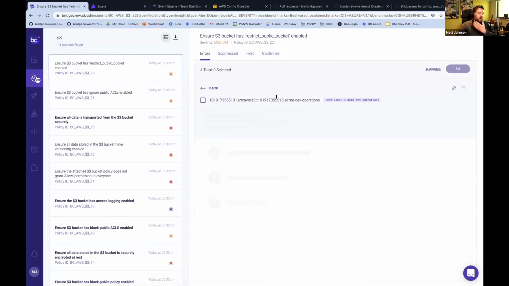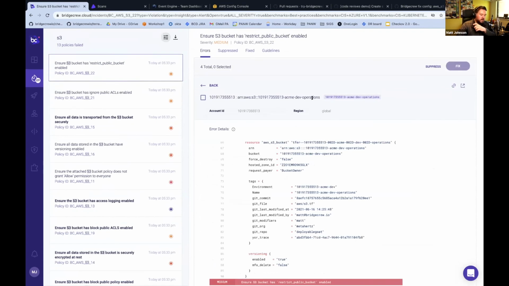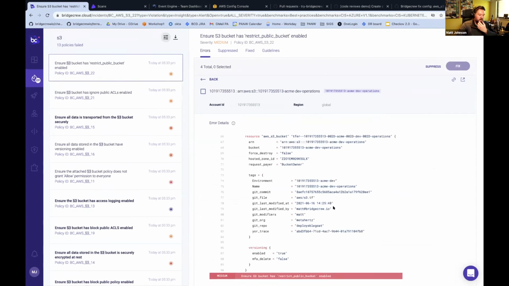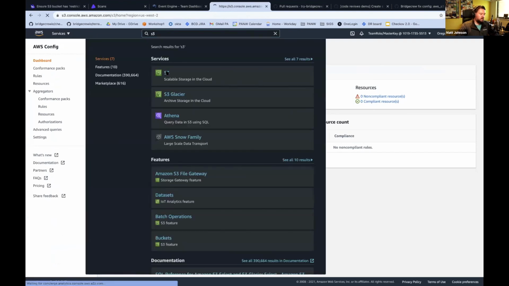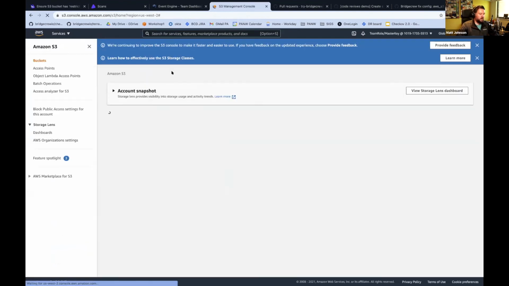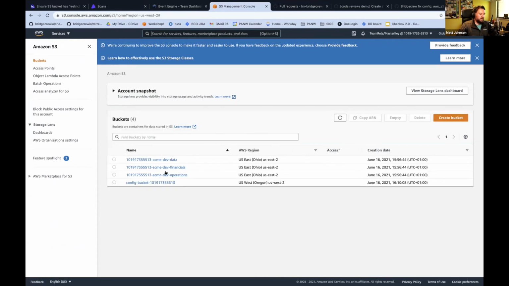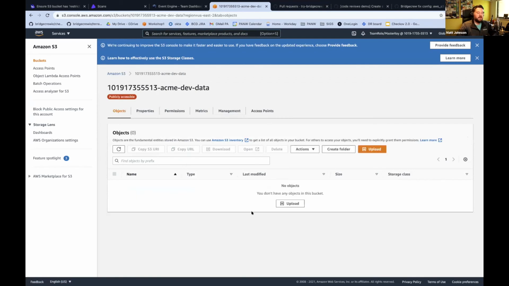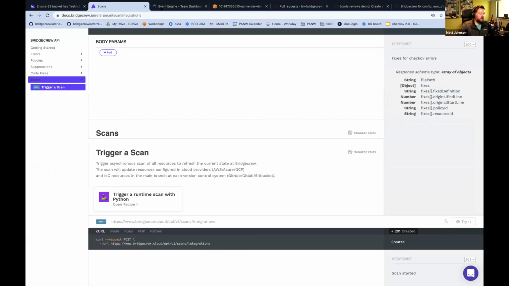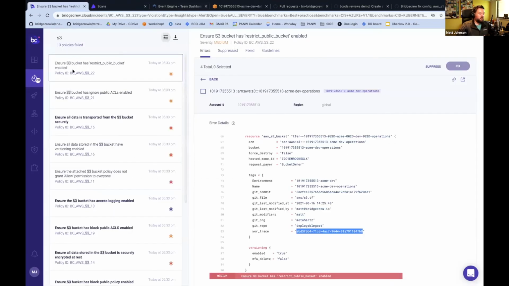Now, okay, that's great. I know I have a problem here. Where did this problem come from? These resources here actually allow us, either from here, or let's say that we noticed it directly through AWS itself. Let's say in S3, we noticed, crap, that's a publicly available bucket. That's not necessarily a good thing. Who created that? Where did it come from? And what we can do is, by looking at the properties again, either directly from an issue we found in Bridgecrew,